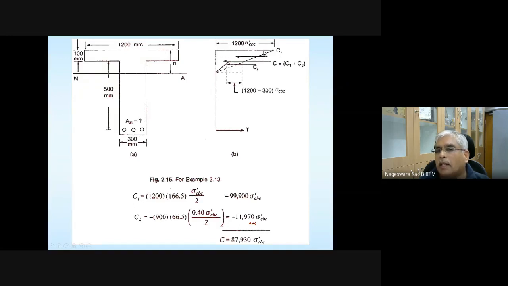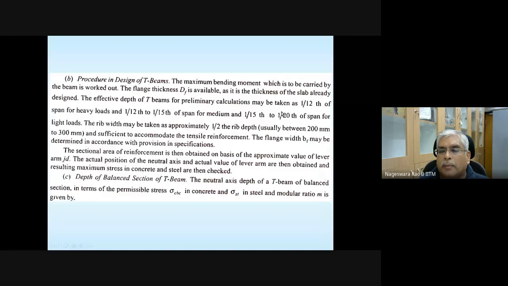Then our compressive force diagram becomes simplified, and it's going to look like a trapezoid. For a trapezoid, if you know the dimensions of the parallel sides, and if you know the distance between the parallel sides, how do you get the centroid? Let's note down those details before we proceed further.